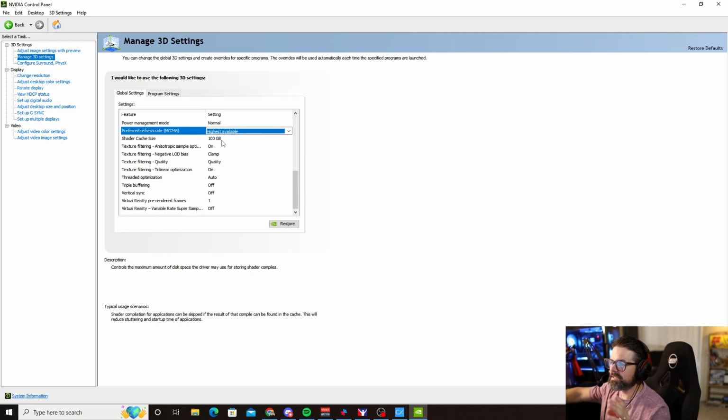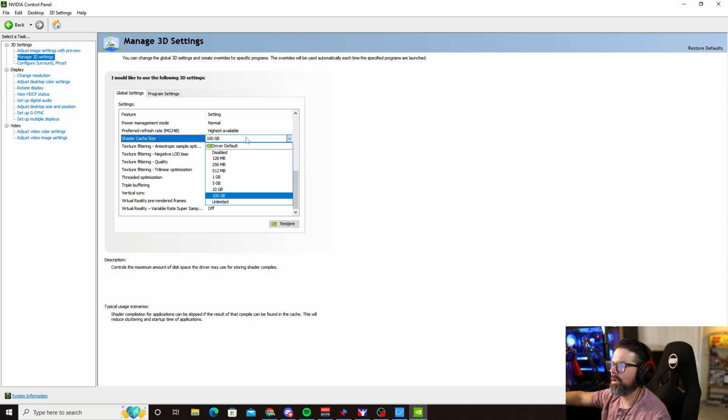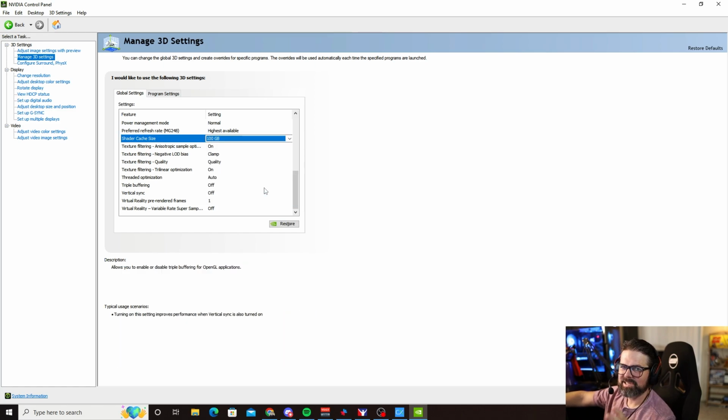Shader cache size. This is a new one that they came out with on the control panel, and this is actually really cool because shader cache, and you guys know from iRacing, they've got shaders and all that stuff. This allows you to select how much space you want to dedicate to keeping shaders, and this helps load times. It helps rendering in game. I have this set at 100 gigabytes. I have a ton of storage space on this system, so 100 gigabytes for me, I'll just select that. That's far more than I'll ever need for shader storage. And that will make sure that stuff is saved, and like I said, help me with load times and things like that.